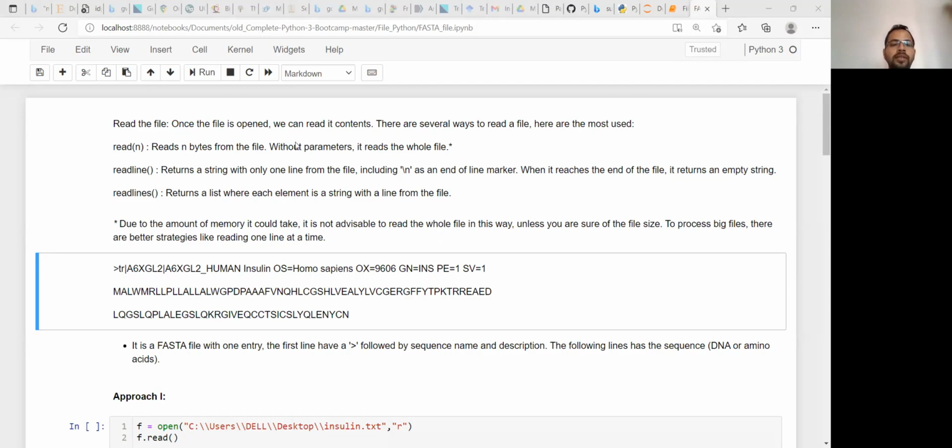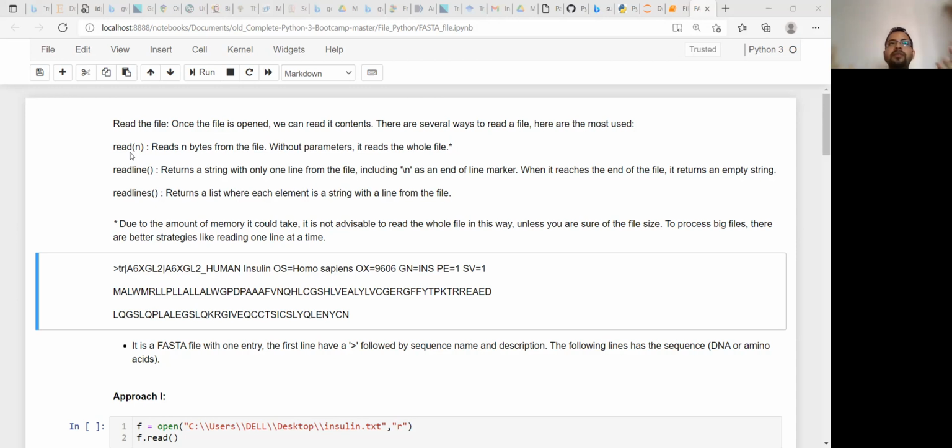Now, we have already seen that there are different commands for reading a file. Suppose read, this command will read n bytes from the file, and if we are not using the parameter passed within the parenthesis, it will read the whole file. But you should remember that it is not a good idea to use the read command, because it will take all the material at once.